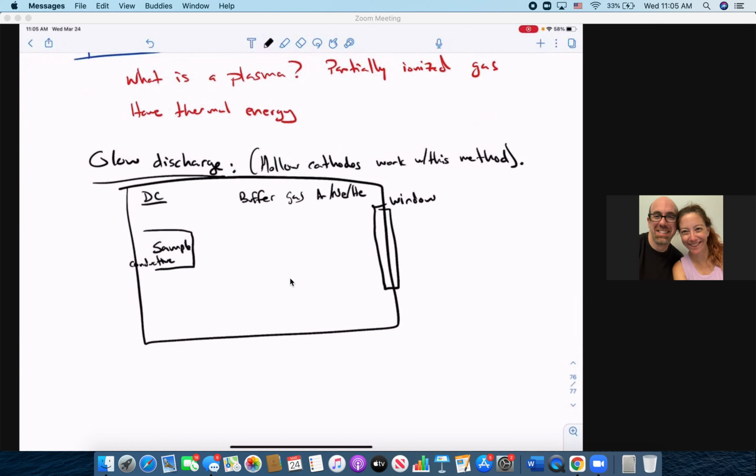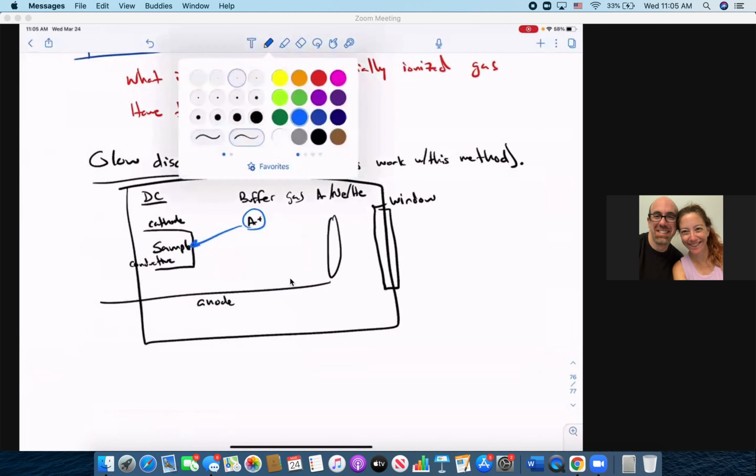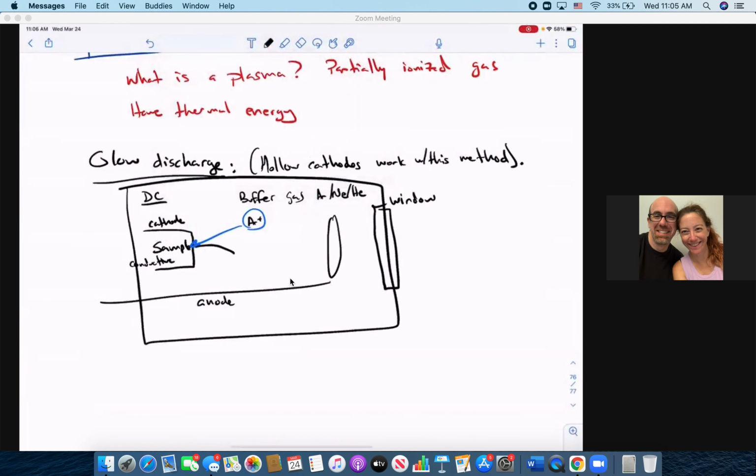And we'll have an anode somewhere. Could be a ring, doesn't have to be. And the cathode is the sample itself. And so just like before, you create argon ions. I like the blue. They slam into the surface, and you eject atoms of the cathode material. This is your sample. These are excited, so guess what you get out of it? Photons